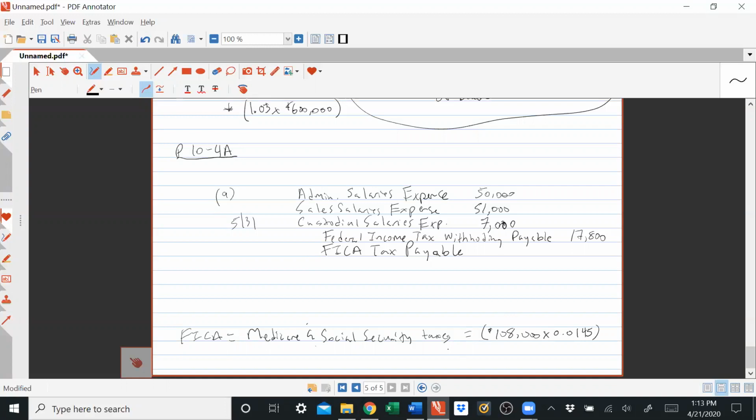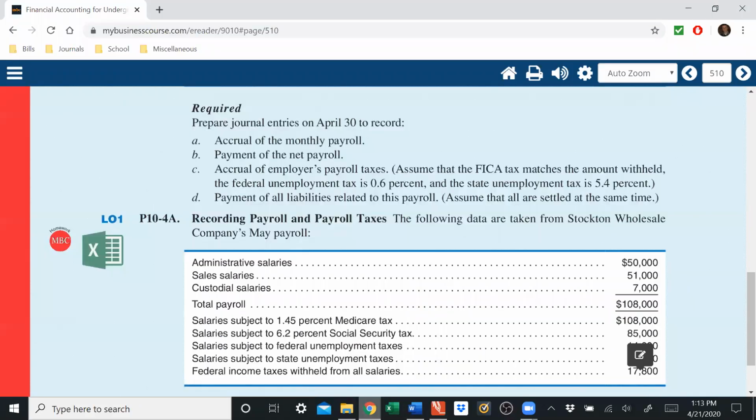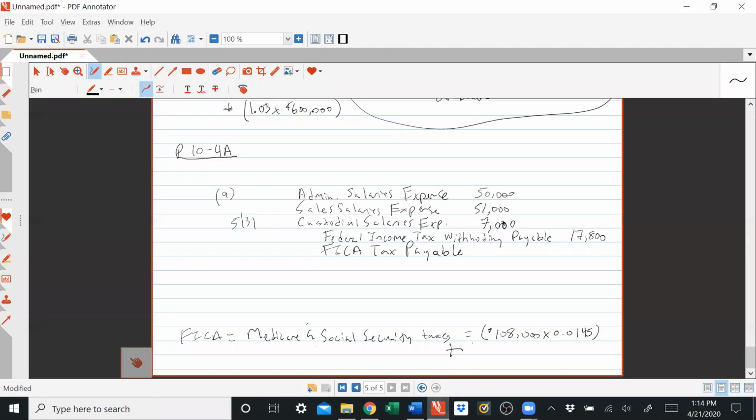That's the Medicare portion plus the Social Security portion. So 85,000. Not all of your employee's salaries is subject to Social Security. Don't worry about how to get what percentage of it is subject. That's in the rules, but they tell you 85,000 of the 108,000 is subject to a 6.2% Social Security tax. So we take $85,000, the amount that's subject to the tax, multiply it by the tax rate,